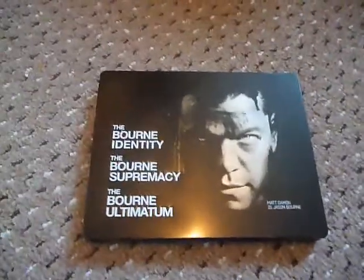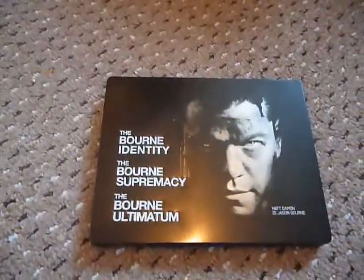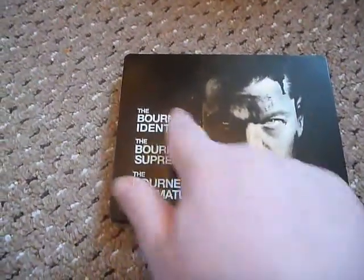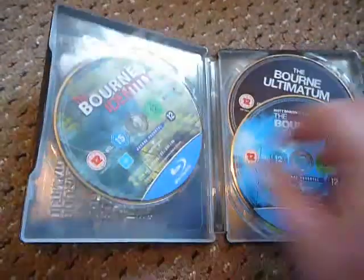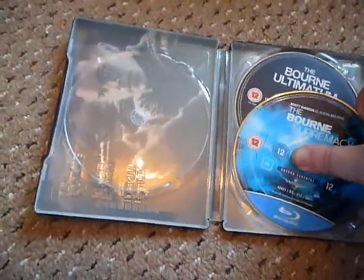And up first it is the Bourne trilogy, the first 3 Bourne films starring Matt Damon. As you can see there, Bourne Identity, Bourne Supremacy and Bourne Ultimatum. It's got a nice debossed title on all the titles there. And then on the back, got artwork I think from the first Bourne film, if I remember rightly. And this one was a little bit more than the others. I think this one was £15 because it was three films, but it's not a bad price really